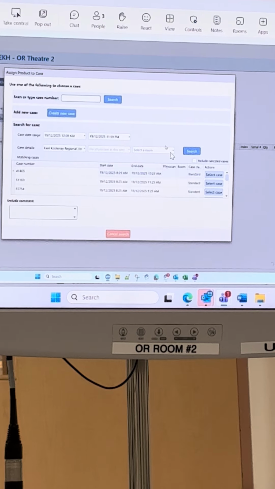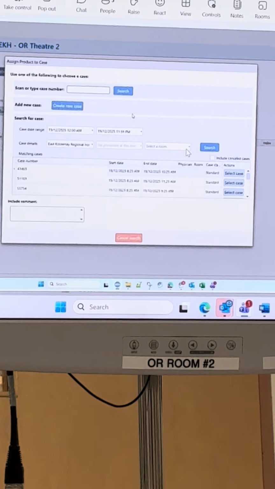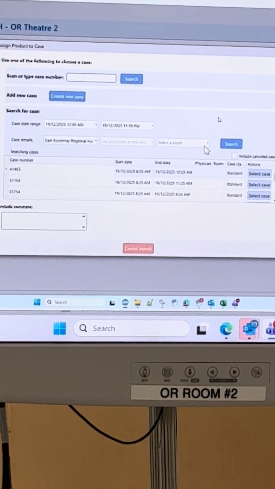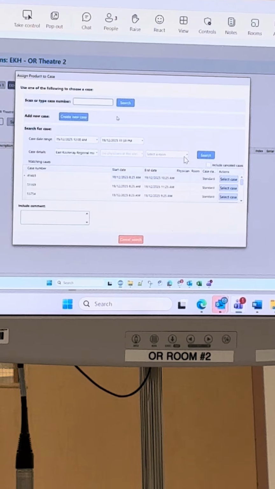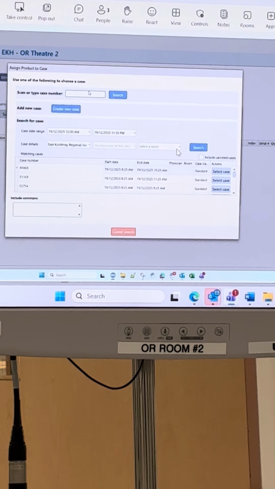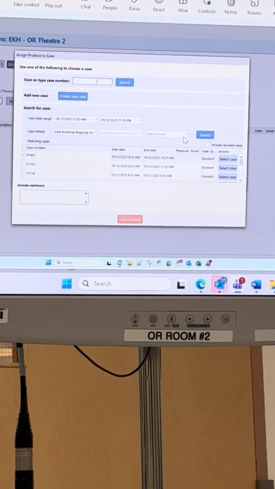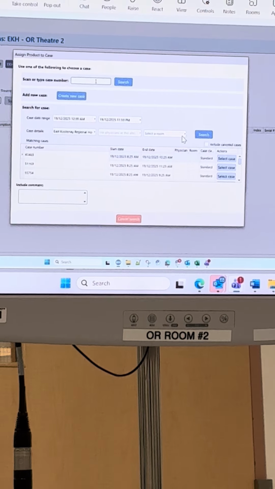At this point, this is where the case assigning comes in. You guys use Meditech, and do you have a slate that has barcodes on it? Yeah. So presuming that you already are in a case and you've asked for this set to come in, your case number has probably been scanned by the MDR when they picked your case. So then you would